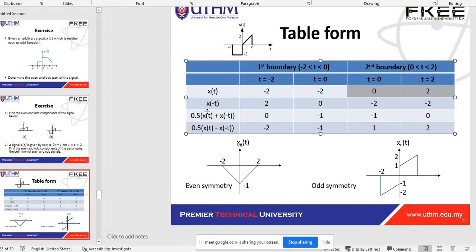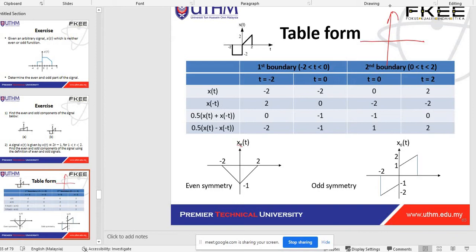Okay, then we proceed to x negative t. X negative t means that you need to put a mirror at the y-axis and you get the x negative t. Okay, I want to put a mirror here. So initially the signal is like this,